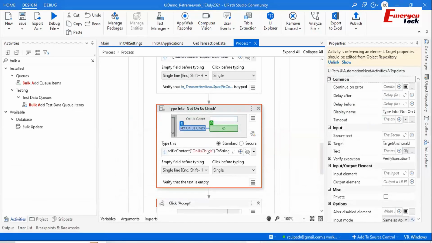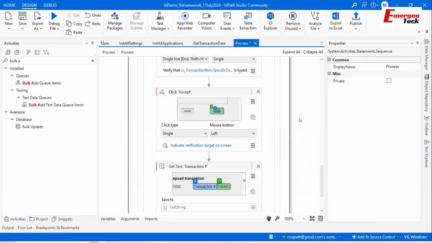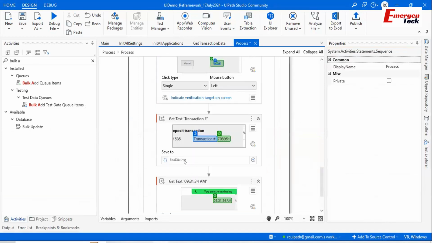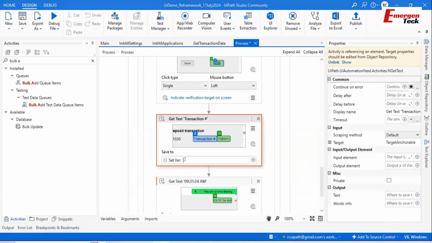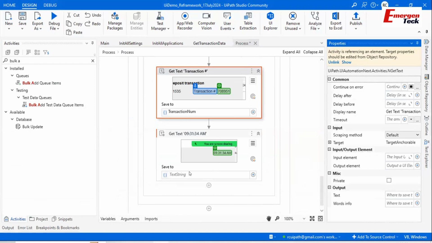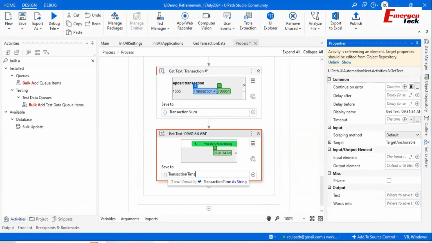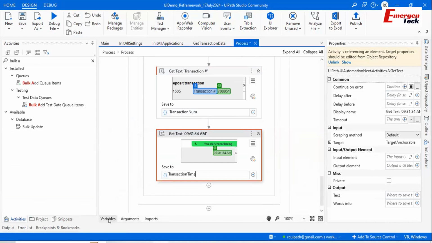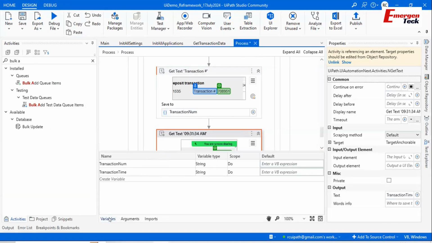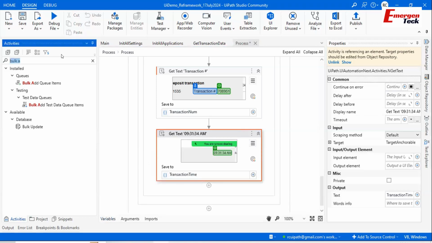Okay. Now we have to create a variable also, right? For whatever data we are extracting. So this is transaction pattern, right? Transaction pattern, transaction number, and transaction time. Okay. So you can see we are using these two variables for the transaction. Right? The next step we have to write into the Excel, right? Write to